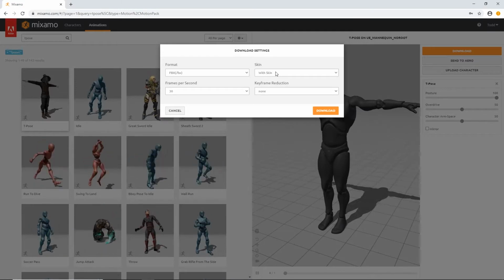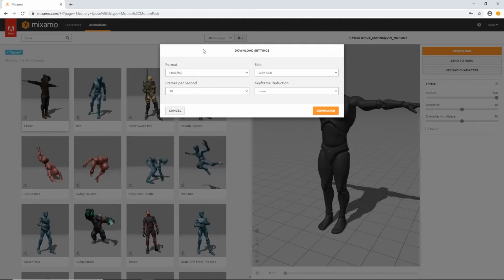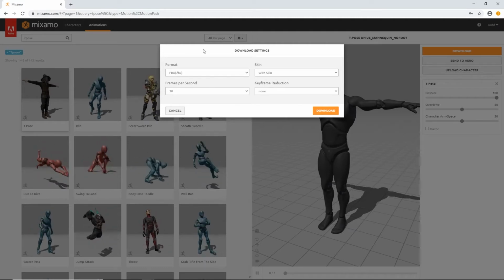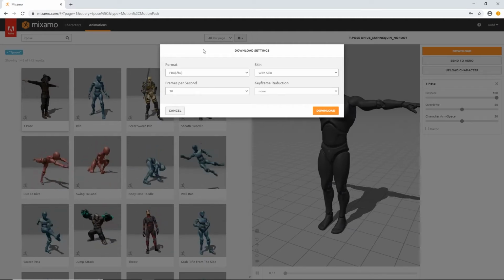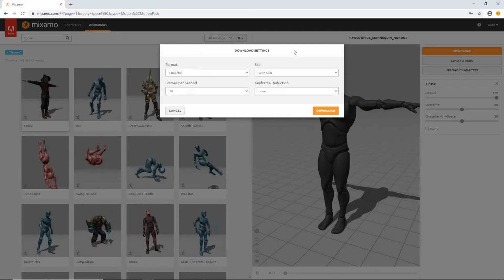We will actually take this into the engine and use it just as a reference point for bringing the animations into Unreal Engine before then retargeting them to the Advanced Locomotion